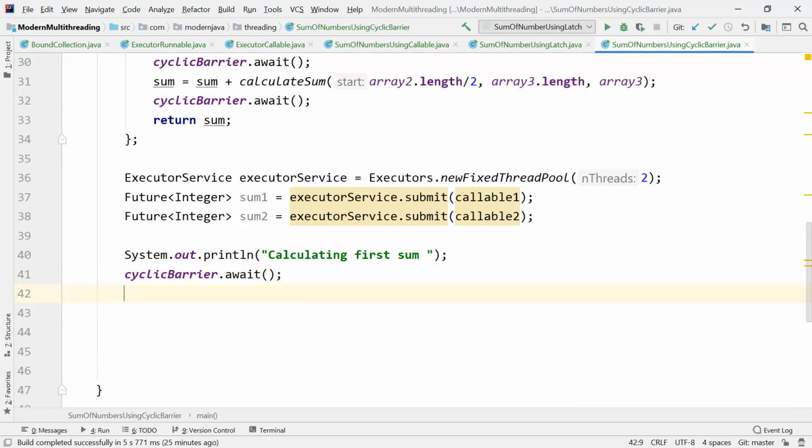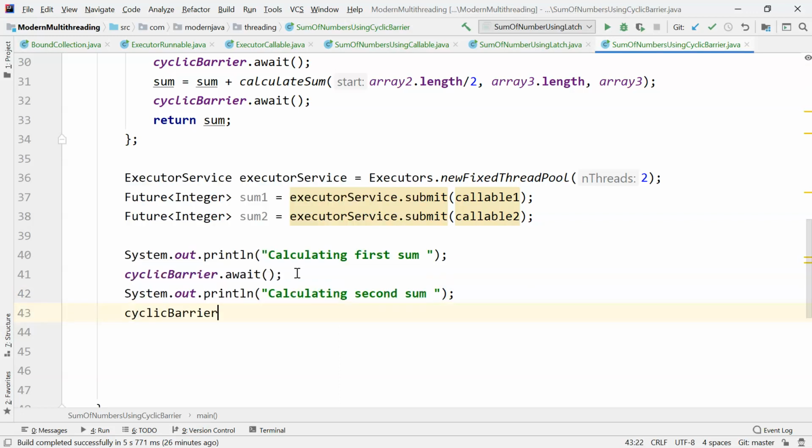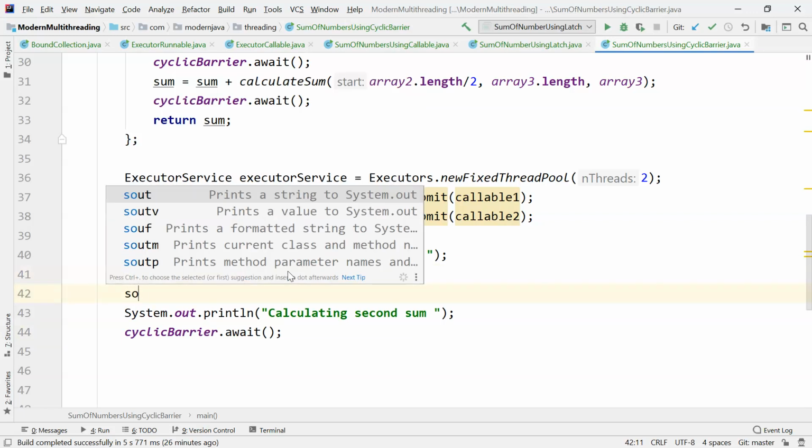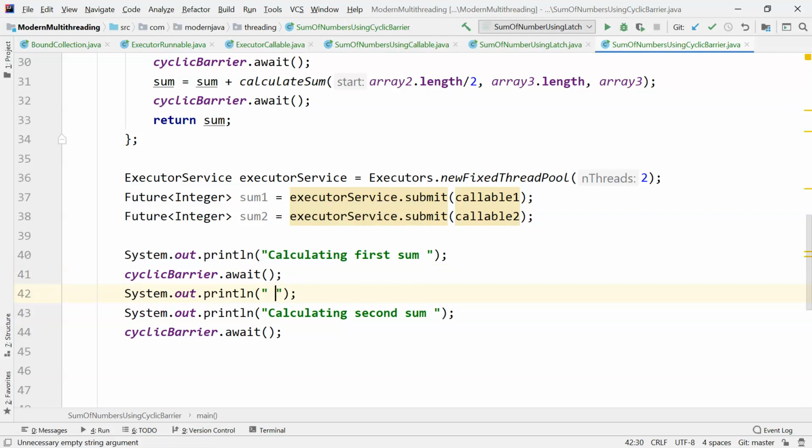Then print out calculating second sum and cyclicBarrier.await. And here let's print out first sum is calculated, and here second sum is calculated,